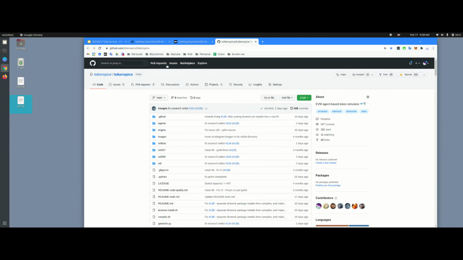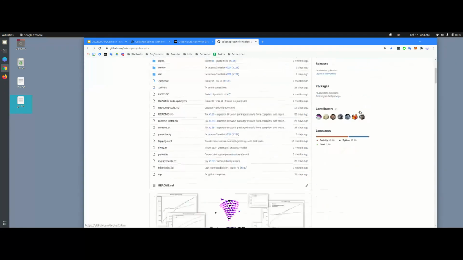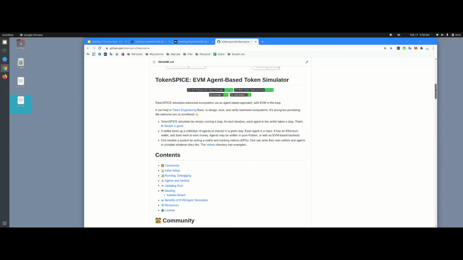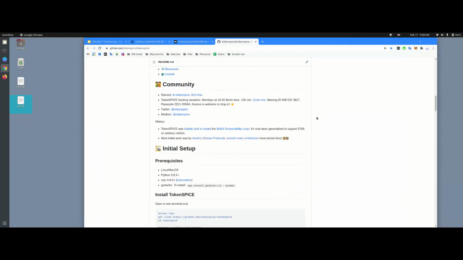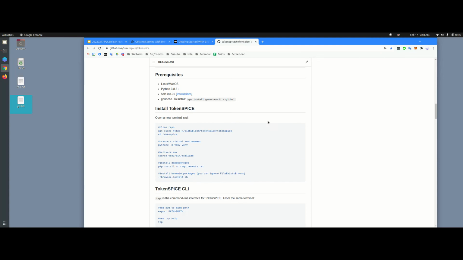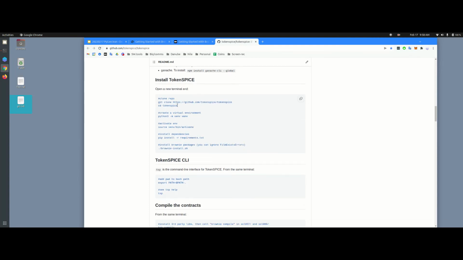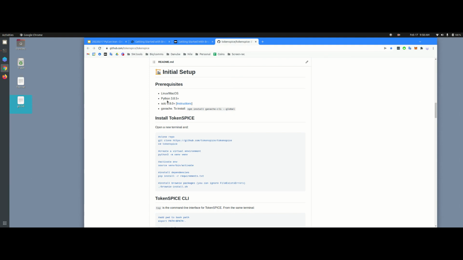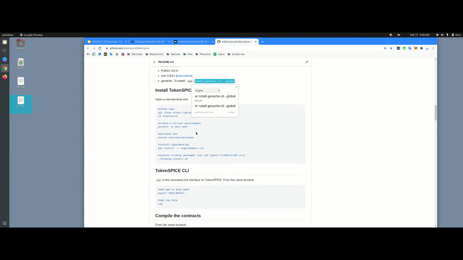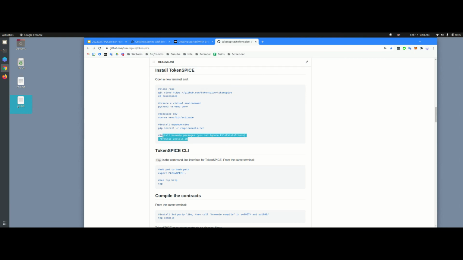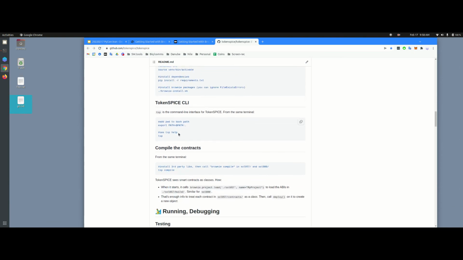So TokenSPICE is in GitHub at TokenSPICE, and it has its own README as well. And as you go through the README, basically there is an installation. So here, you simply git clone from the repo, and then you cd TokenSPICE. You create your own virtual env, you activate the environment, you install dependencies, and then you install some Brownie packages. But you do need to have a few things installed first, but you don't need to even install Brownie here. It comes with the requirements. Either way it works. Then TokenSPICE has its own CLI as well, called TSP, so you're going to use that